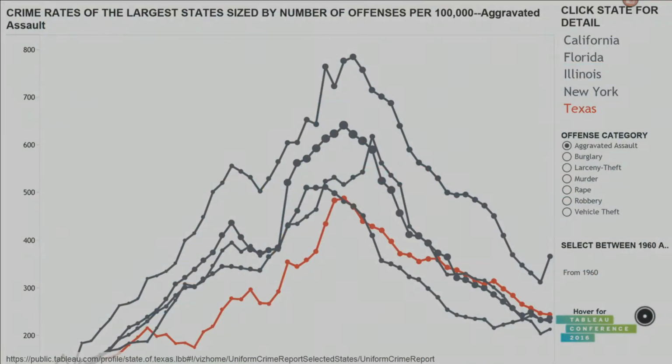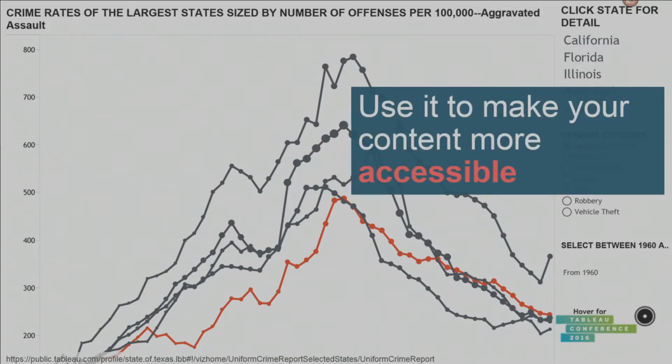And lastly, we can see how you can make your content easy to digest and more engaging, but you can also make it a lot more accessible. So this is a visualization about crime statistics from the Texas Legislative Board, and they put out lots of visualizations around statistics to do with Texas and legislation and crime. And a huge PDF might be indigestible, but equally is a large CSV file. Not many people are going to go ahead and dig in if you make your data publicly available, but in a format that is hard to digest, possibly inaccessible to most people, they're not going to look at it.